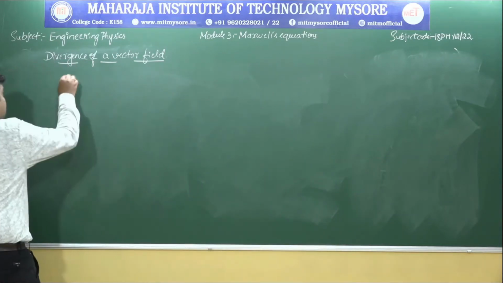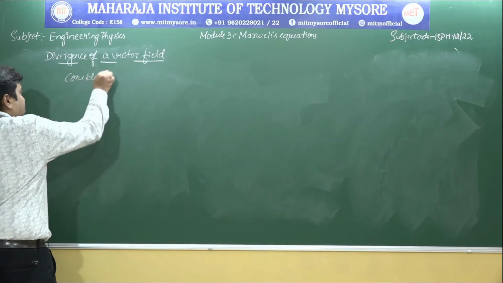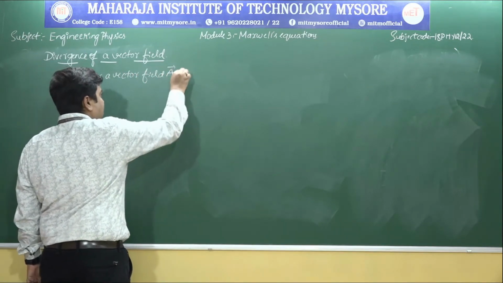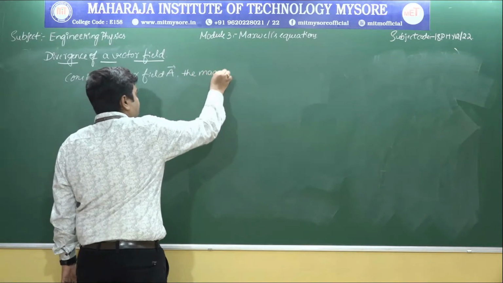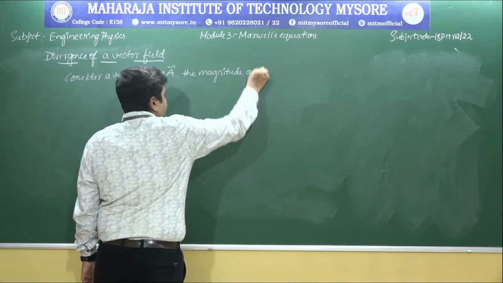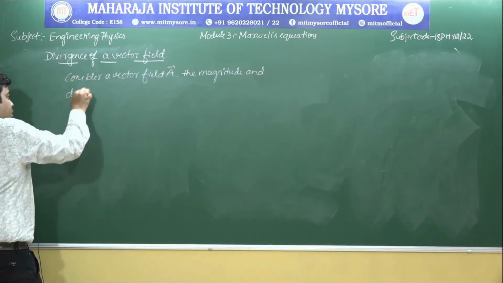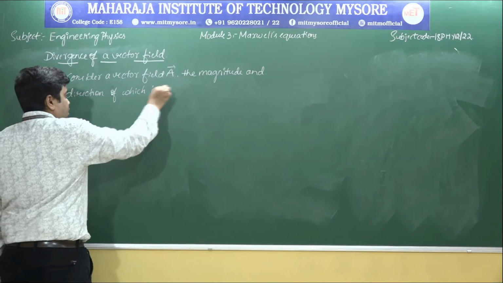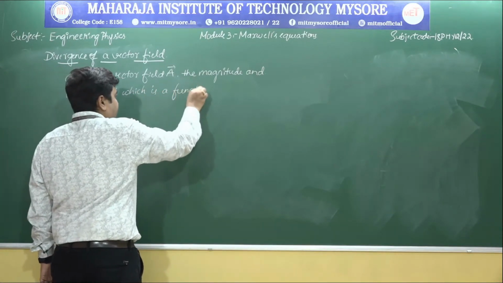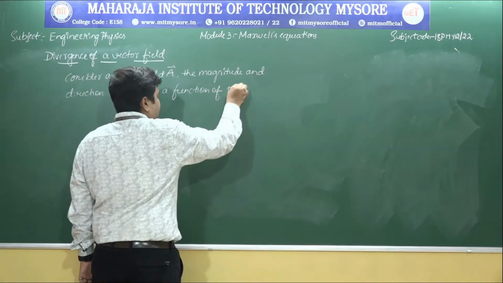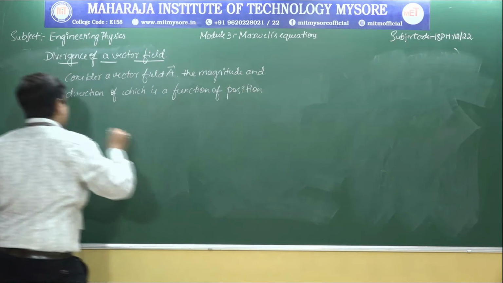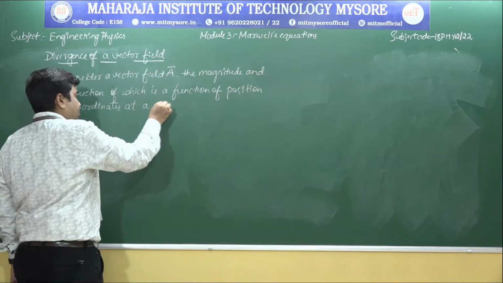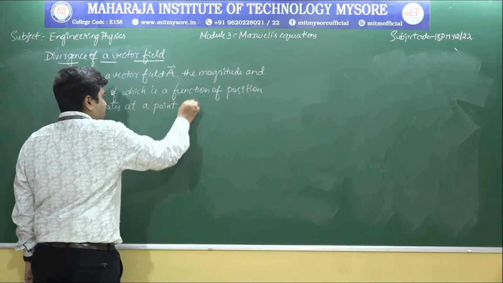So, consider a vector field A, the magnitude and direction of which is a function of position coordinates at a point, then